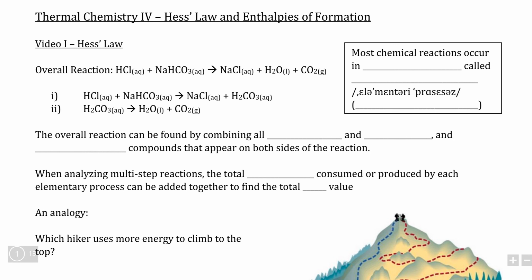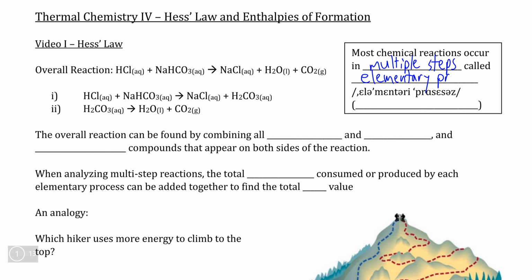In this video, we're going to be learning about Hess's law, which is a tool that we can use to calculate the delta H of a chemical reaction by breaking down that chemical reaction into multiple simpler steps. These multiple steps that eventually add together in order to give us our overall reaction back are what we call